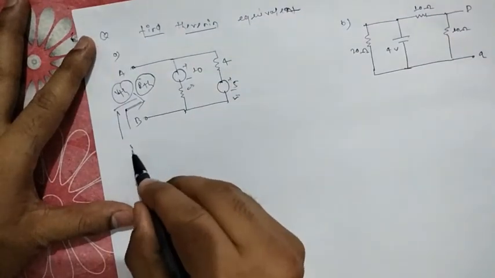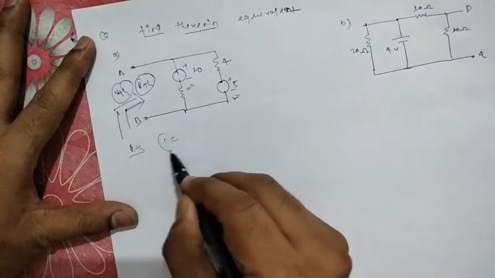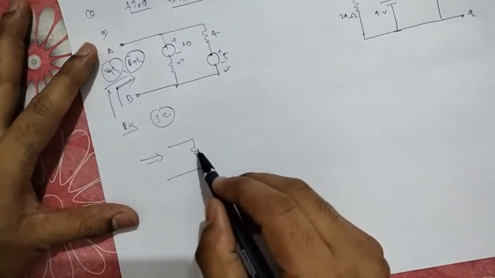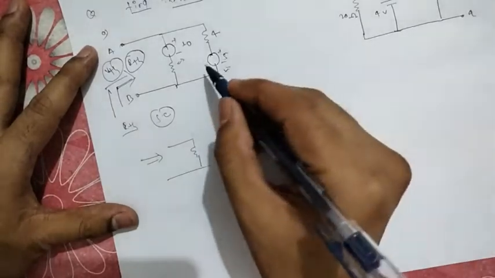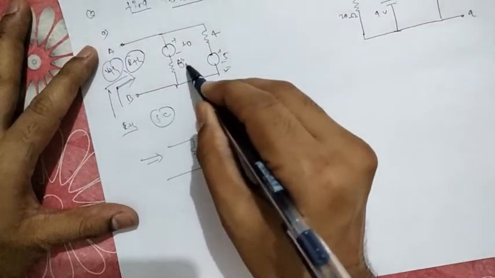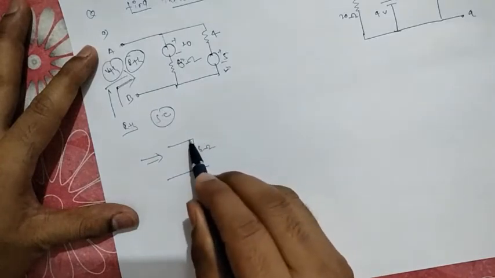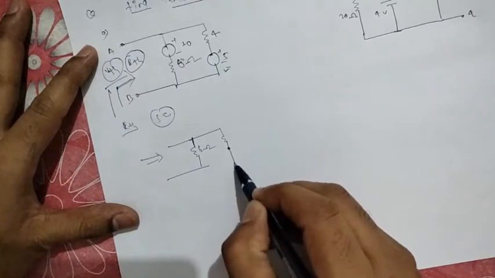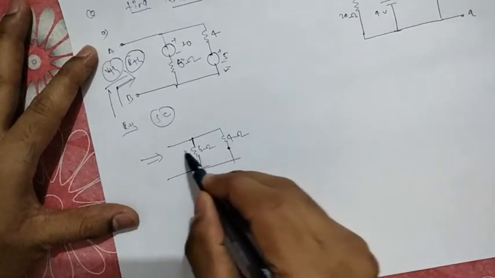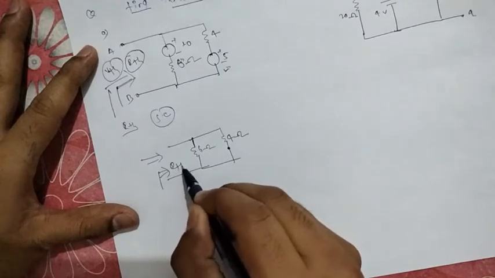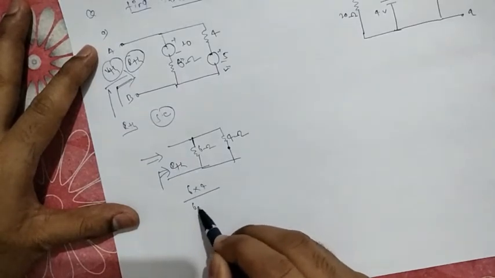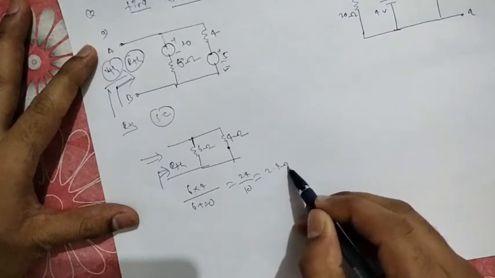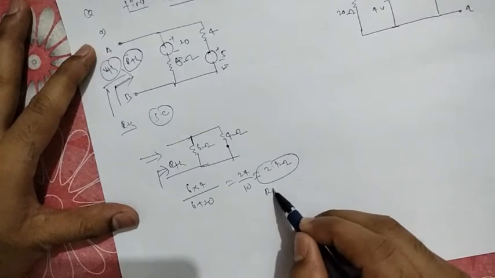So easily, for the RThevenin, just short circuit your voltage source. Now if I short circuit my voltage source, what will it be? It will become, this is nothing but your resistance, it was given 6 ohm. Now I have shorted this 10 volt source and again the 5 volt source shorted. This is 4 ohm. Now if you see the RThevenin, this is just parallel, 6 into 4 by 6 plus 4, that is 24 by 10, it is nothing but 2.4 ohm. That is nothing but your RThevenin.